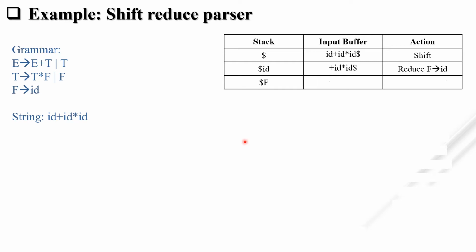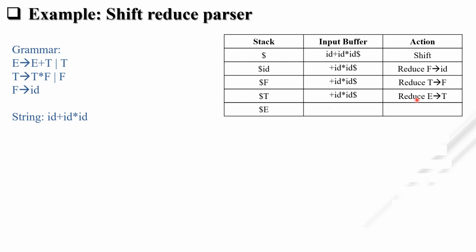So we first reduce this F with T. Then if I perform the shift operation, T plus will be there. T plus on the right hand side is not anywhere. E plus will be there. So I have to reduce this T with E, because E tends to T. So the reduction of T is also performed, that is reduce E by T. Now we can shift this operator, then and only then we can reduce this E plus T.